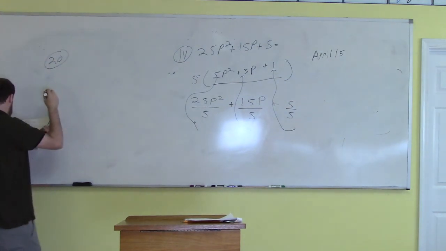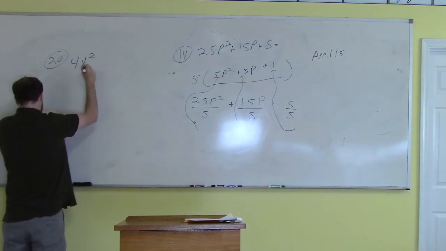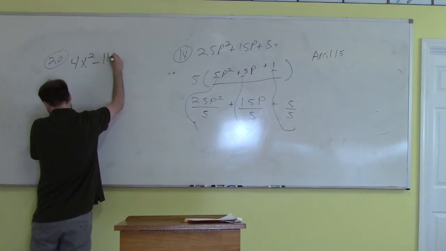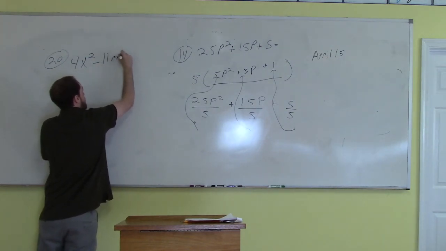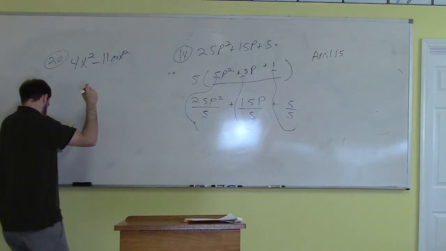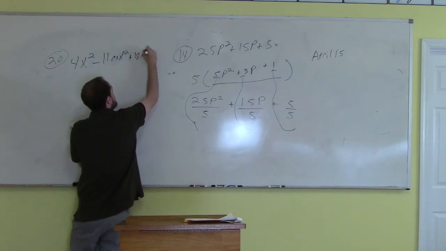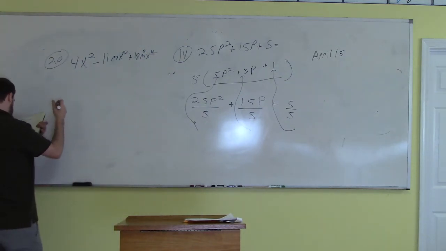So 20 is 4x squared minus 11mx squared plus 18m squared x squared. And then they say that was